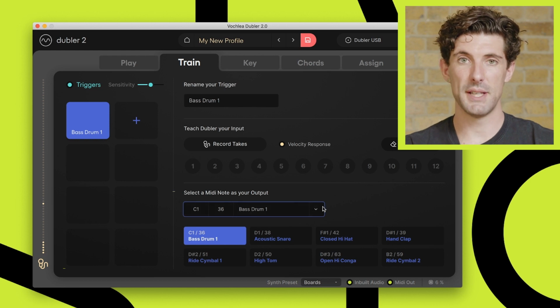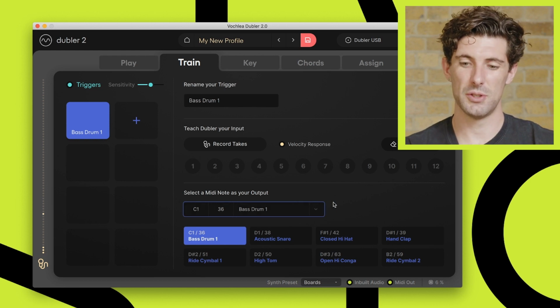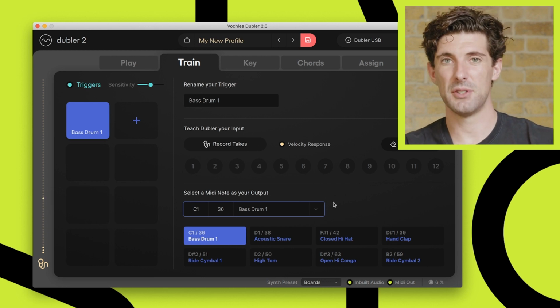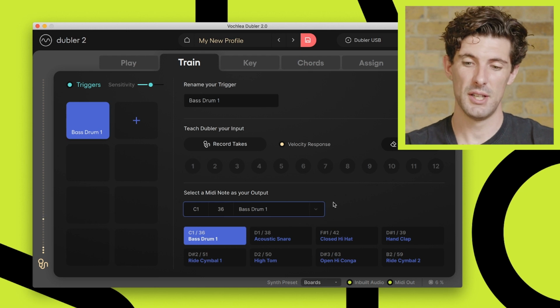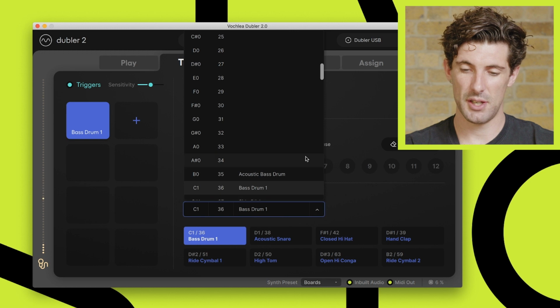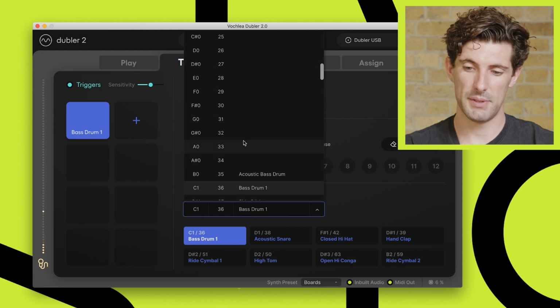It's also been called bass drum because that's what the traditional placement would be for that sample on the 80s MIDI protocol. Whether or not it sounds like that based on the drum rack that you've got set up in your DAW may or may not be the case. And I can change the output sound that I want, the output note, by using this drop down here.